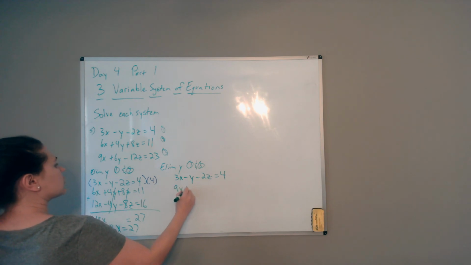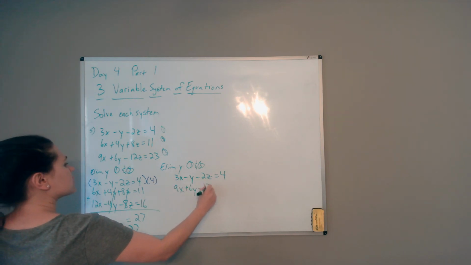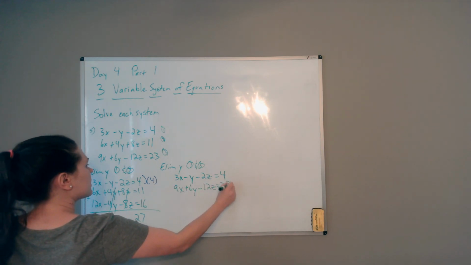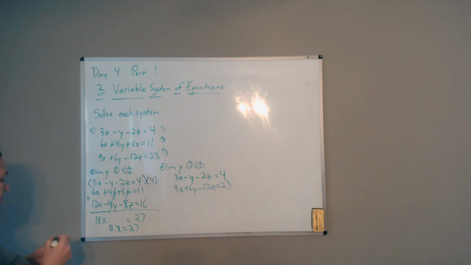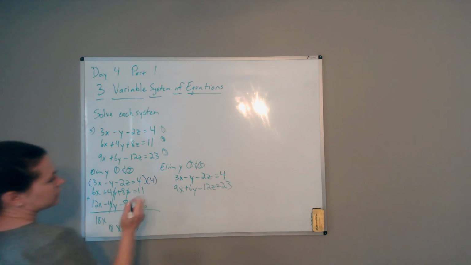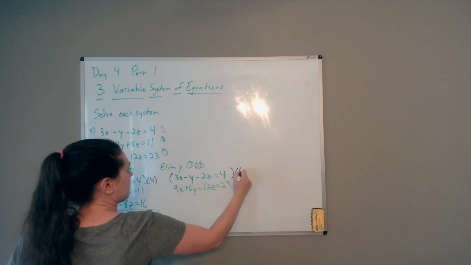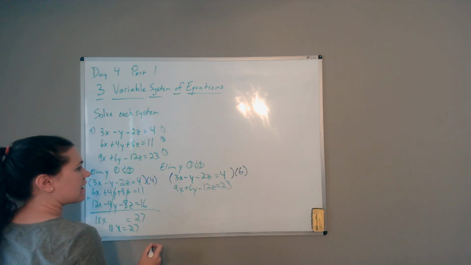And 9x plus 6y minus 12z equals 23. And so I'm going to multiply the first equation. Remember, I have to get rid of y. So multiply the first equation by 6. And that puts us at